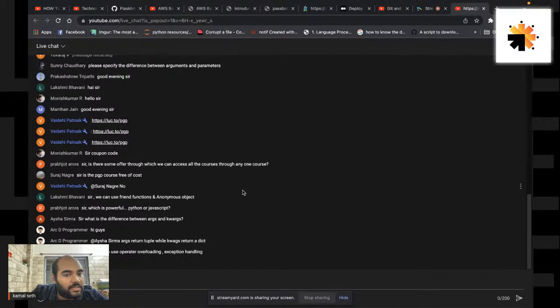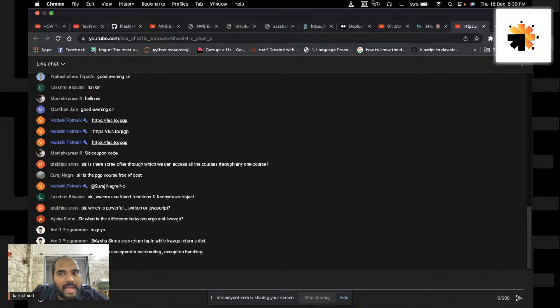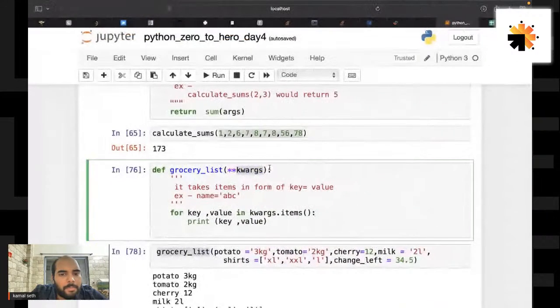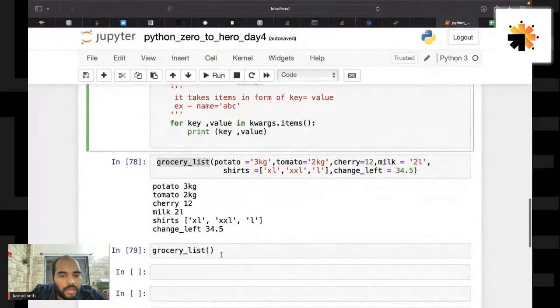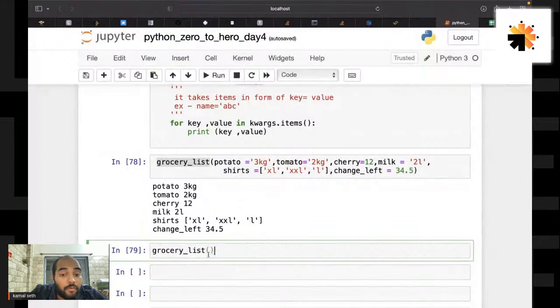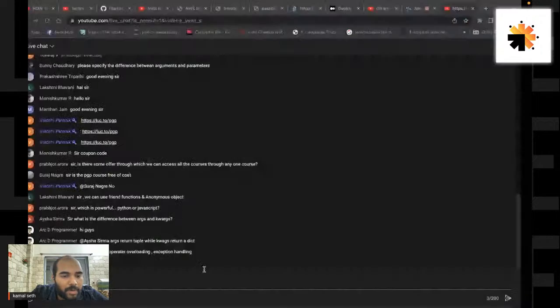Okay, any more doubt, guys? Because args and kwargs, it's been asked many times in interviews. Although it looks simple, it's a very powerful thing. Now I'm going to make a calculator function. But before that,